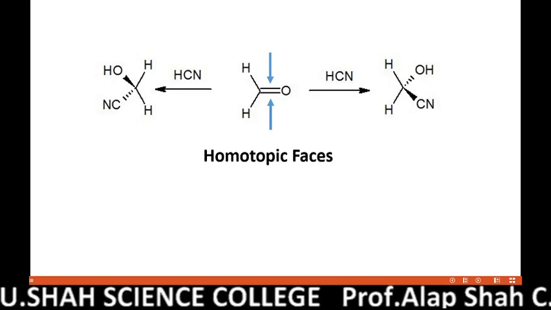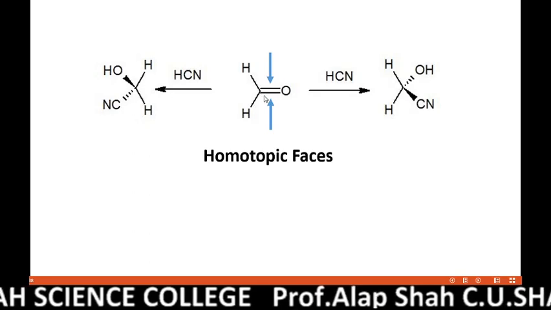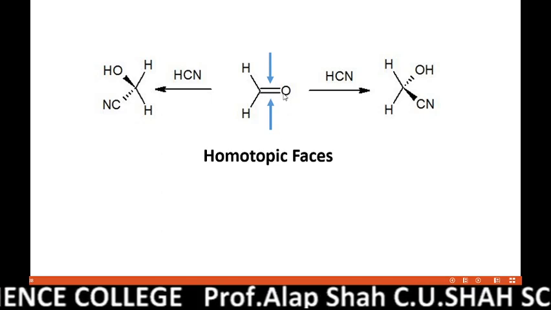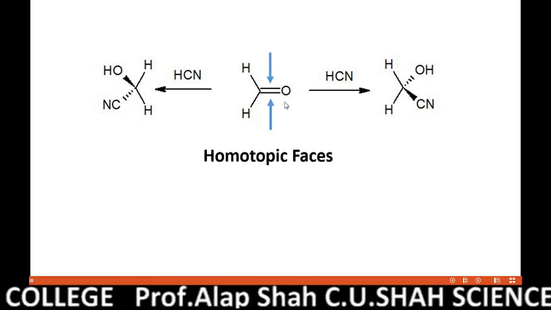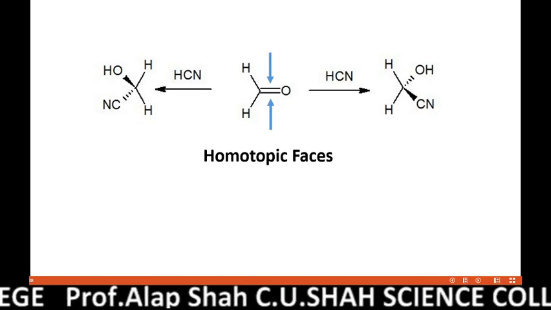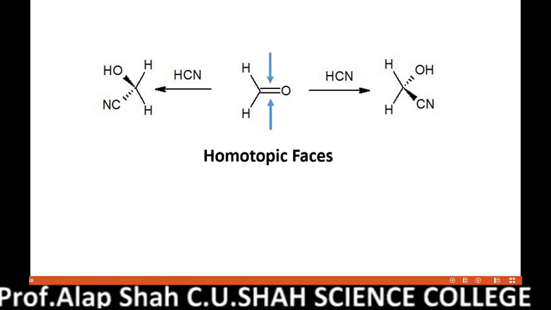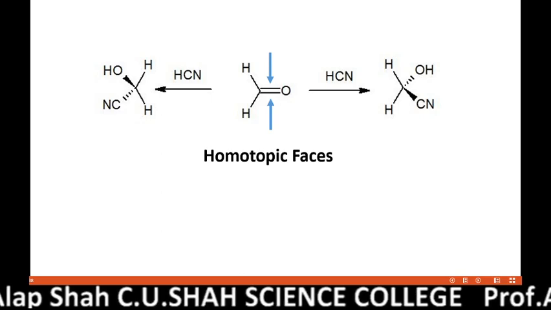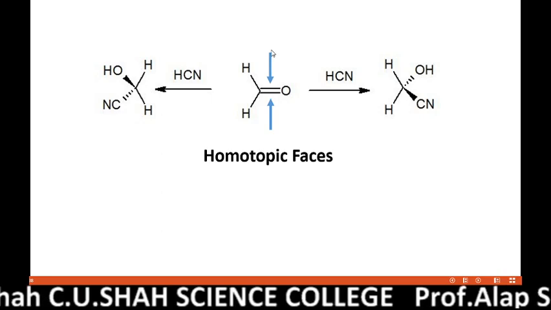So in this example, you can see that this is a formaldehyde molecule. Friends, in the carbonyl bond, or carbon double bond oxygen, the hybridization of carbon is sp2 and this bond is planar. So normally in a nucleophilic addition reaction, the nucleophile attacks this carbonyl bond, and it can attack from either side, which I have shown with the blue arrows, whether from the plane above or from the plane below.